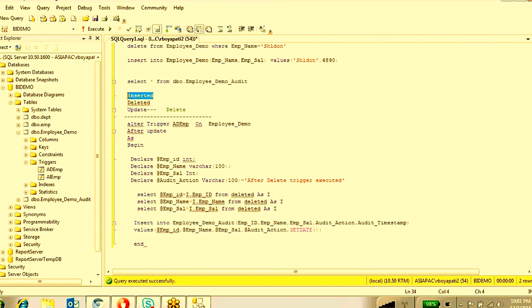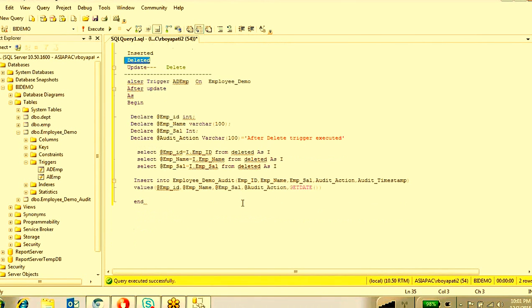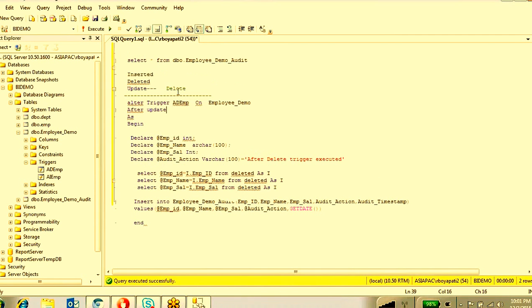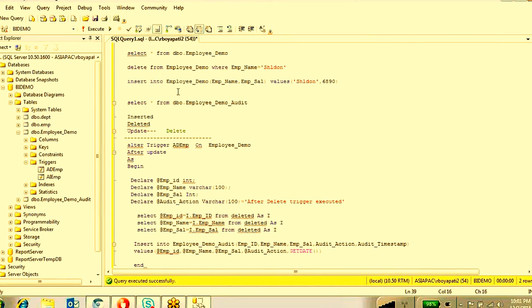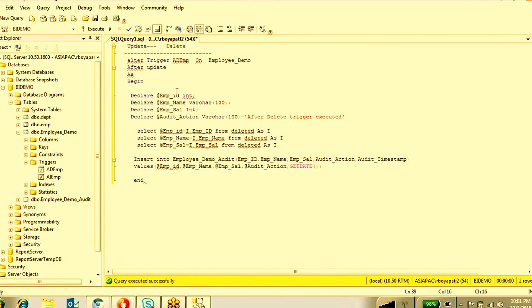If you want the new record, go to the inserted imaginary table. If you want the old record that was overwritten, you can take it from the deleted table. So there is no difference; instead of delete or insert, you can put update. Got it? Any confusion?